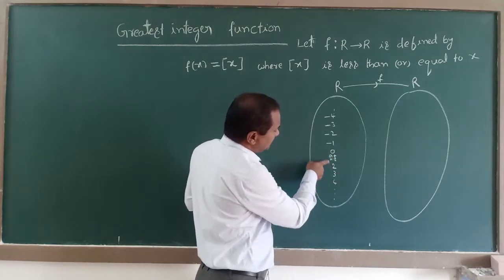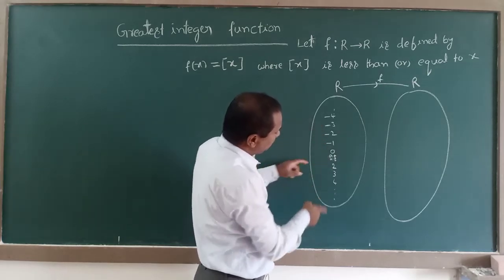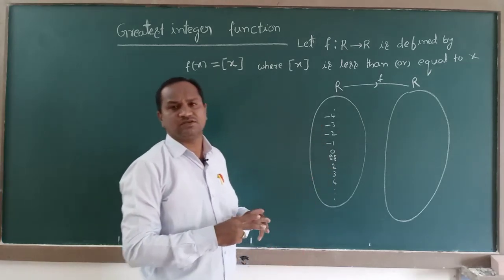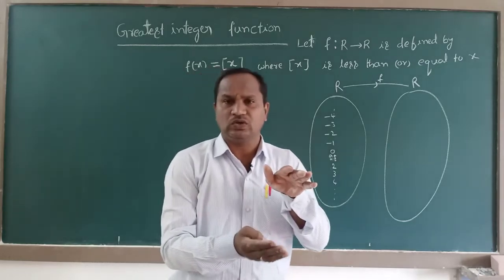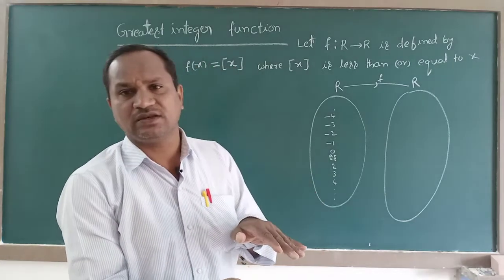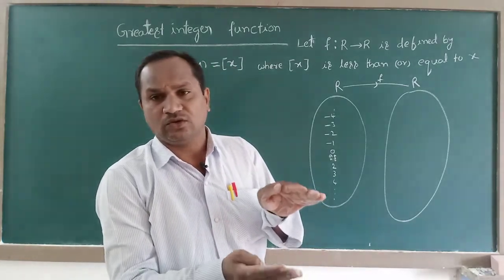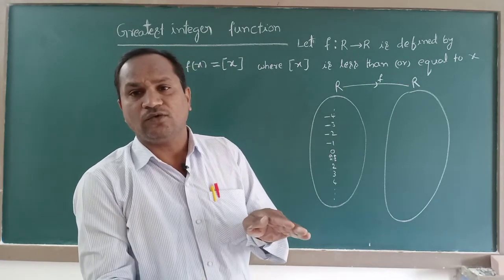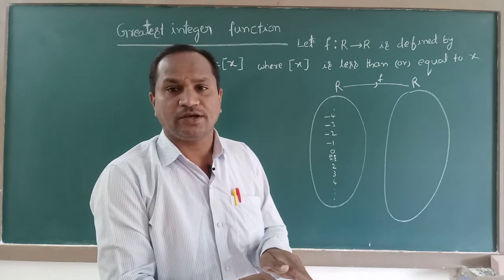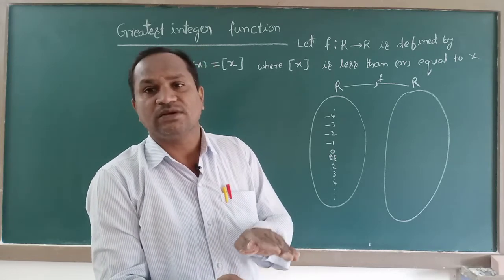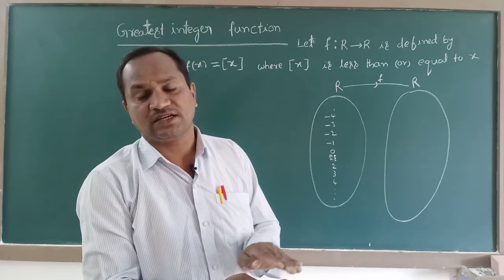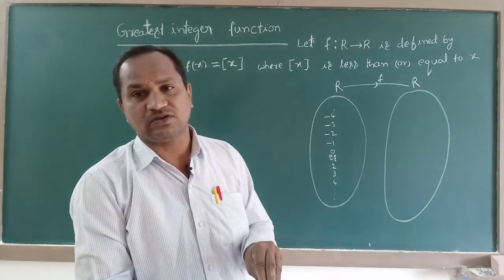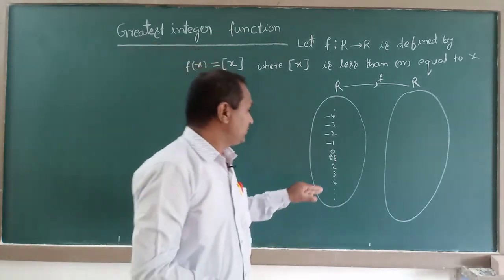Because from all this I have written like this first. Between these two, some elements also exist. Between 1 and 2, 1.5, 1.7. Between 2 and 3, 2.5, 2.2, 2.3. Between 3 and 4, 3.1, 3.2, 3.3. Elements like those must also be present. That's why we must take those elements also.